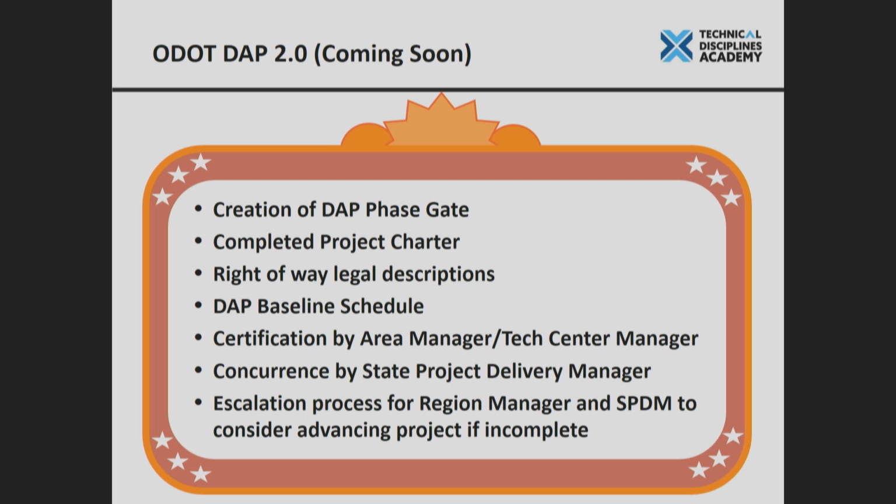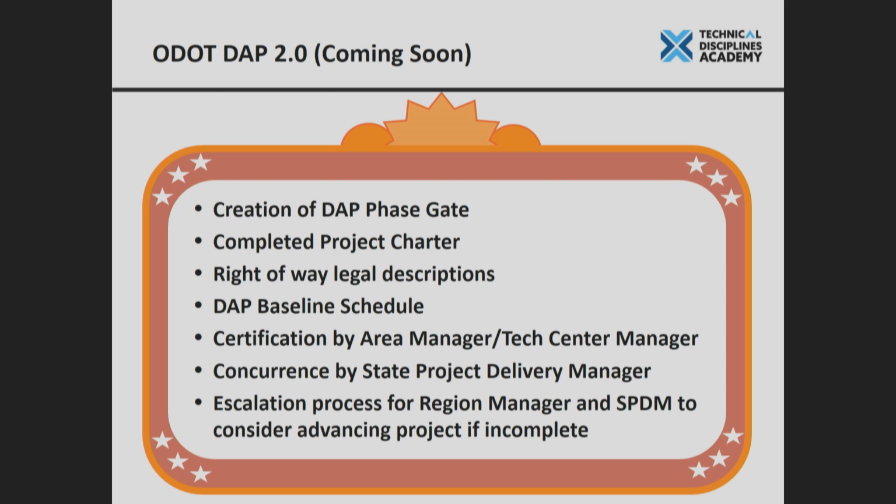Some of these elements always got done, but they occurred at a different time. Now some of these things have been moved up, and they need to happen at DAP. David mentioned the creation of the DAP phase gate, which basically means if you don't have all those things done, we're stopped until they get done, or we decide to allow some sort of an exception. We think, okay, the risk is super low, we can keep moving. But if we don't have those items completed, we're stuck at that point in the process and cannot continue.